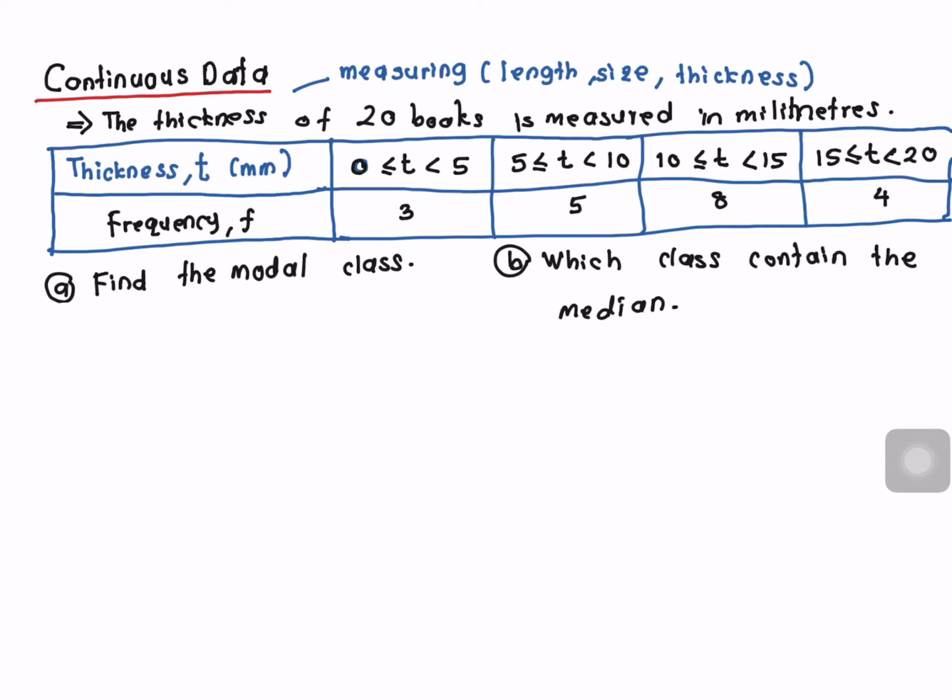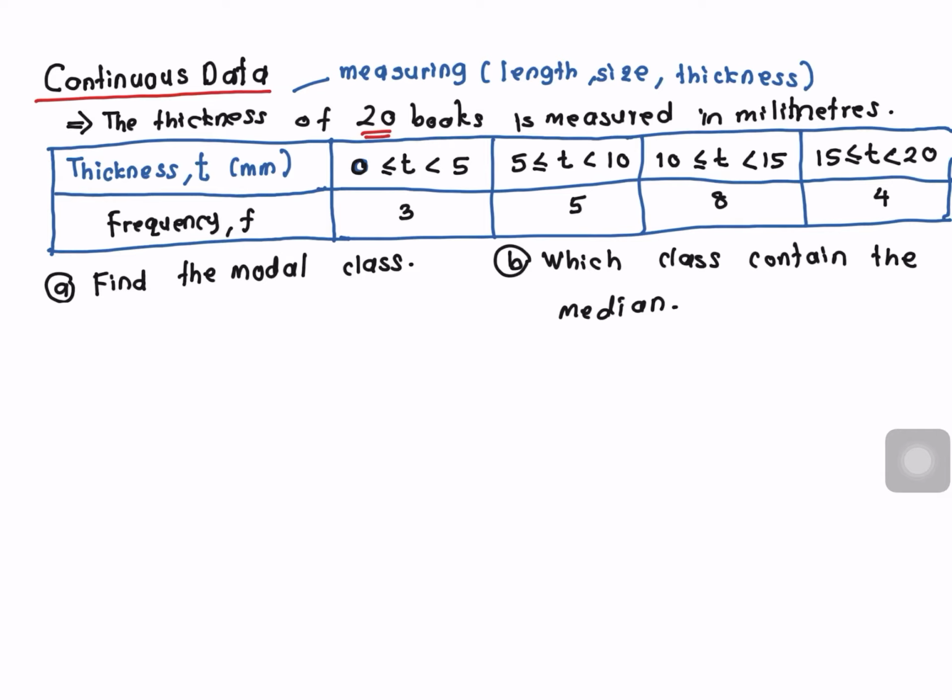Okay, so this is the continuous data. I have told you before, the continuous data is about the measuring. It can be length, size, thickness, it can be weight, right? So this is an example question for the frequency table, where the thickness of 20 books is measured